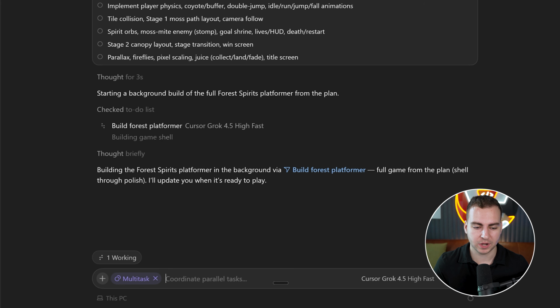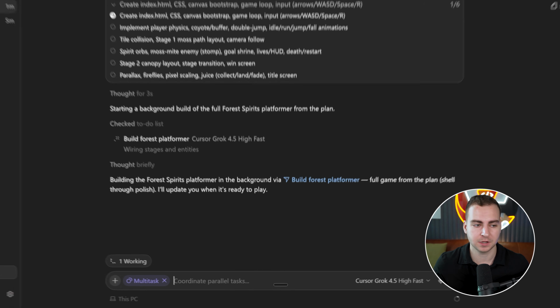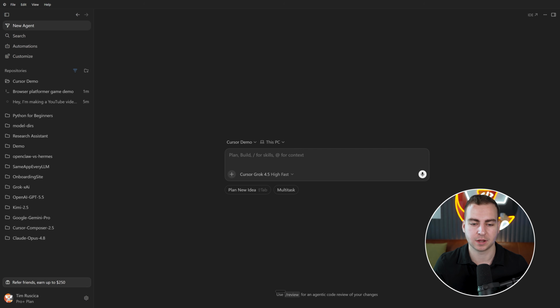So you'll notice that right now we're in multitask mode. The reason we're in multitask mode is because we did run in parallel. And what we can actually do right now is that if I wanted to do something else, so I wanted to have another agent running while this one is building, I could just type a prompt right here. So I could start building another game. I could press a new agent and I could open up another project and start working on multiple at the